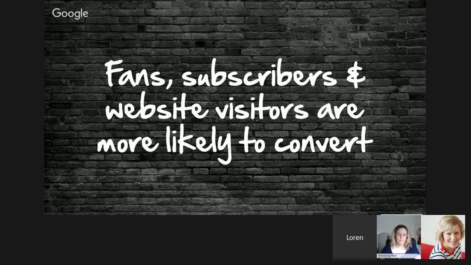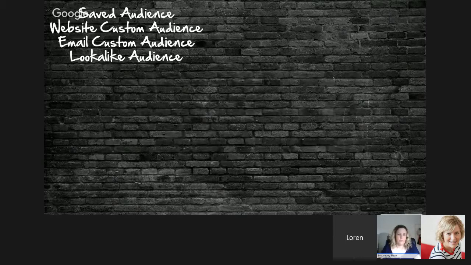So first thing first is that we can use those saved audiences, those people with interests and behaviours, the cold audience that is. We can use our website custom audiences, so people who've already visited our website, so we know that they're interested in what we have to offer because they've been on our website recently. We can look at our email subscribers, the people who have opted in at some point for something in our business, so we know that they've potentially got some level of interest. And then we can also use those lookalike audiences. It's similar to the saved audiences to an extent.